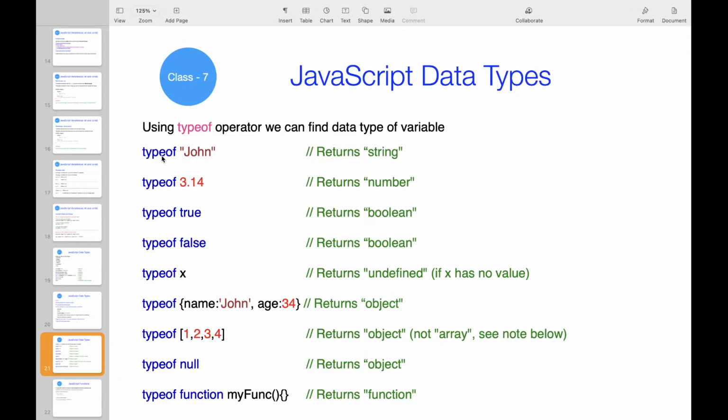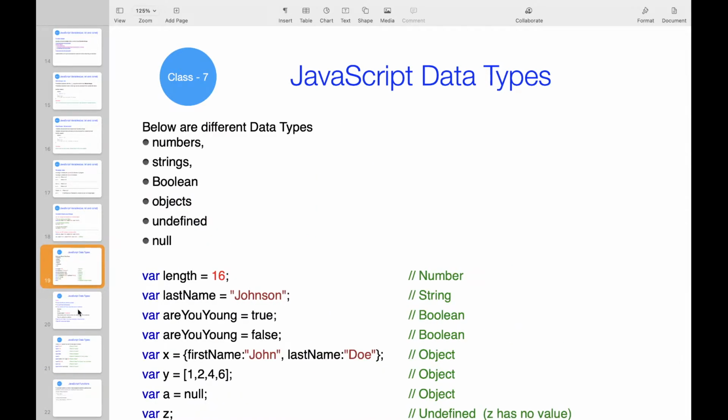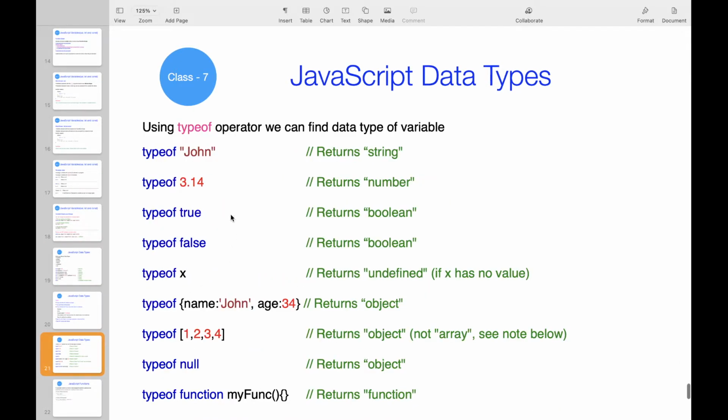If we write typeof and a value name, it will return a string. Here this one is a number, here boolean, this is object. We'll see practically how we can use these data types and what the use of these data types is. So let's go here.